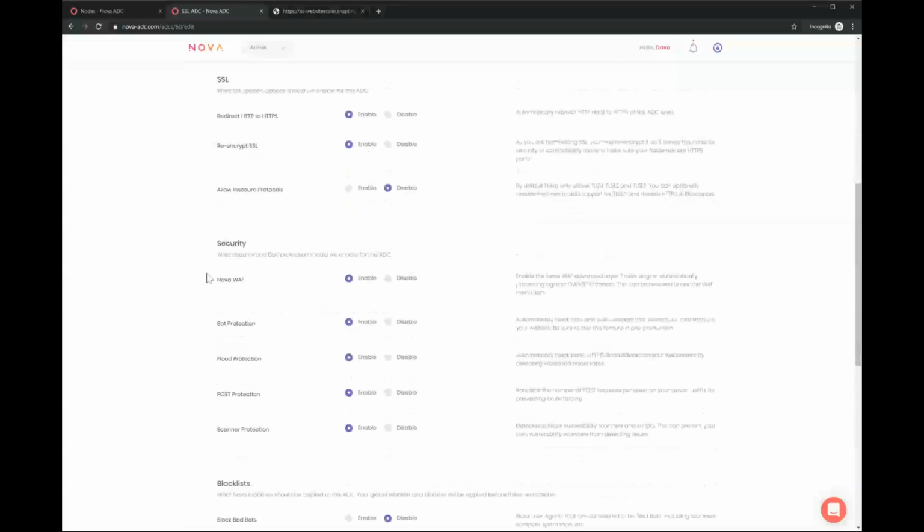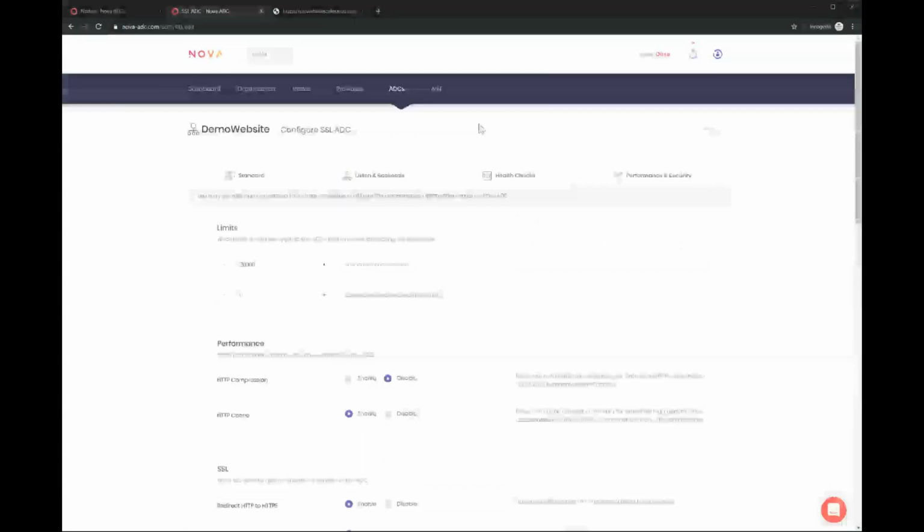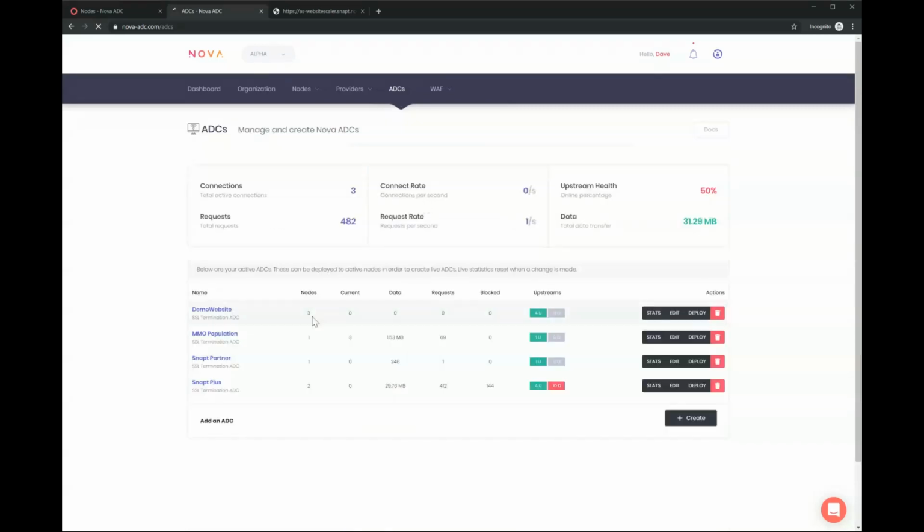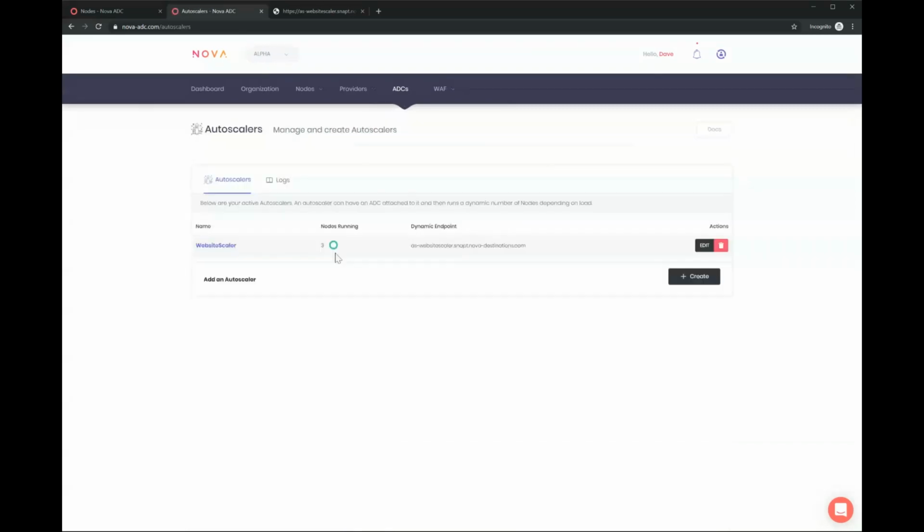We turned on scanner protection, which blocked me, although I've been unblocked now because it's been more than 160 seconds, or whatever we set it to. And we've seen autoscalers boot up new servers and send the traffic to them in order to handle an increased amount of load. And that's essentially an introductory preview of Nova. There are a lot more features. There's blacklisting, whitelisting, a huge amount of settings inside the WAF, and with clouds and service discovery and your organization options and so on.